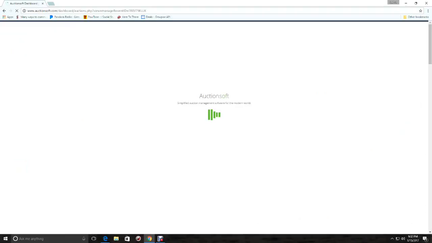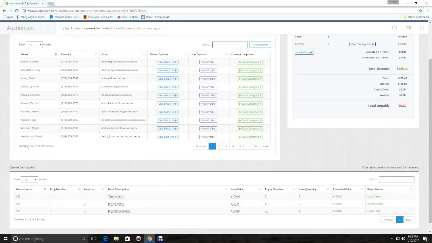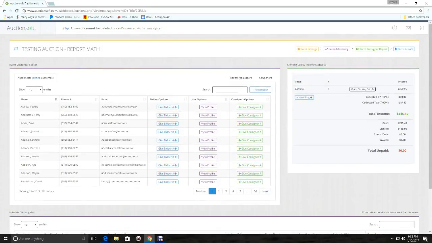I click manage, and then it will open up the dashboard, and in Auctionsoft.com you manage an entire event with as many customers and clerking rings as you want from one single dashboard, and we will go over that in the next